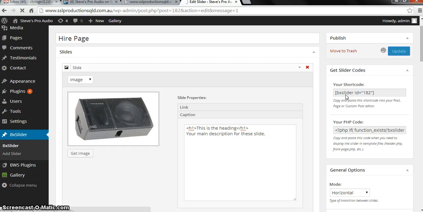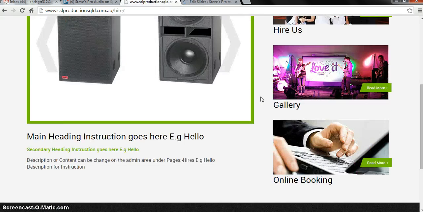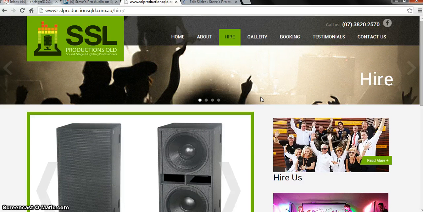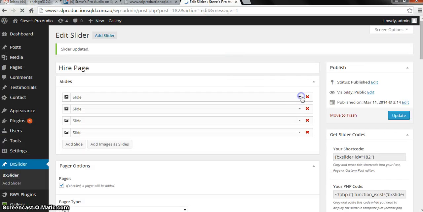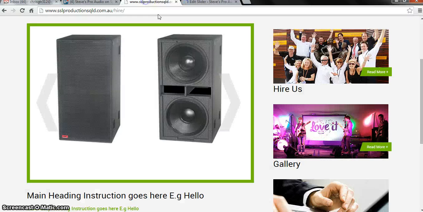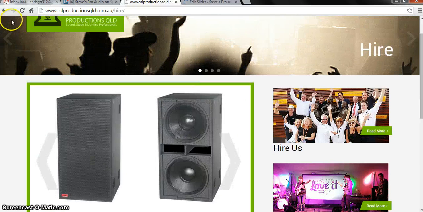Once you're done updating the website, let's have a closer look at the home page. Once it's successfully added, we'll show you on the home page. So click the refresh button on your browser.